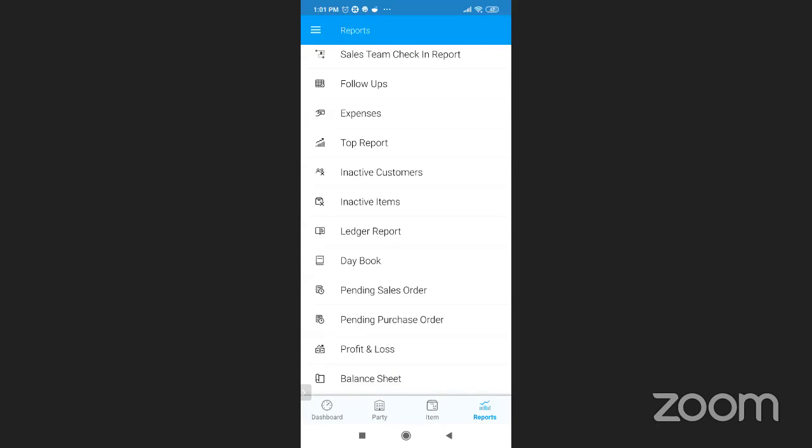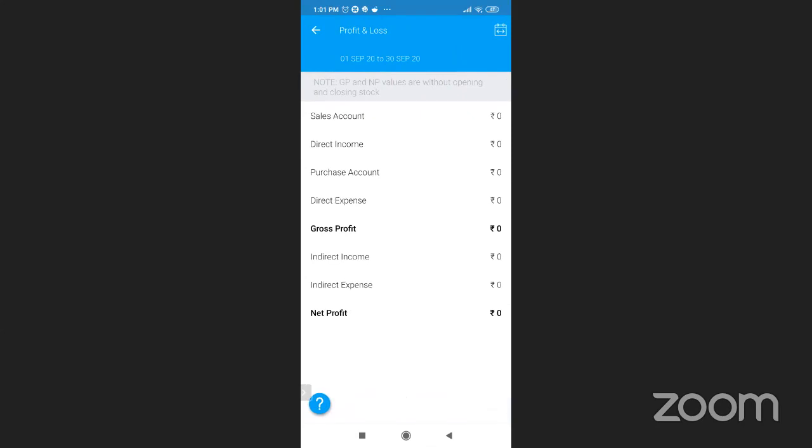Now, another thing we are going to look at today is profit and loss. Profit is basically the very lifeblood of your business. The profit and loss report shows the profit and loss for a selected period, and it is updated once a day. This report is vital for you to understand and to be in tune with the well-being of your business.